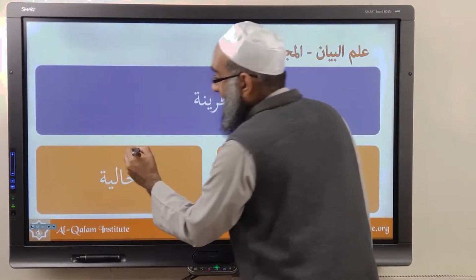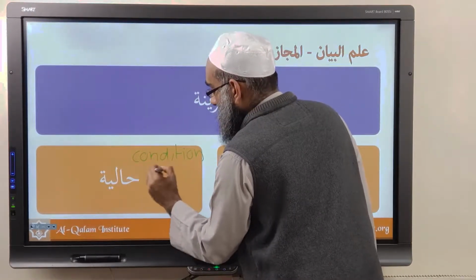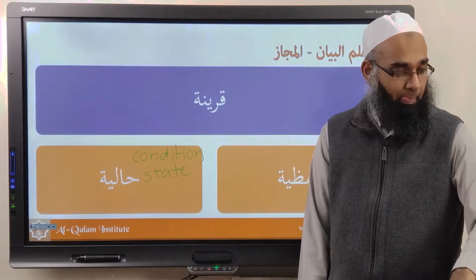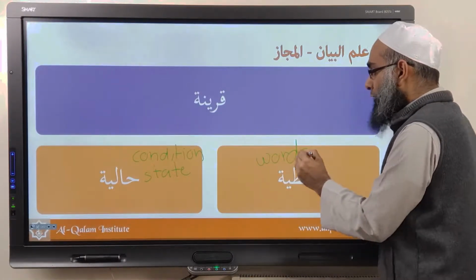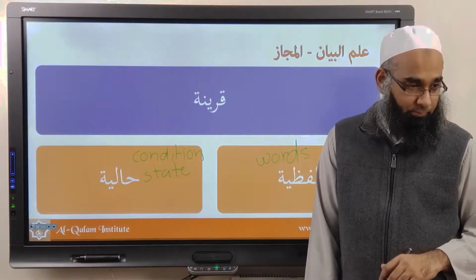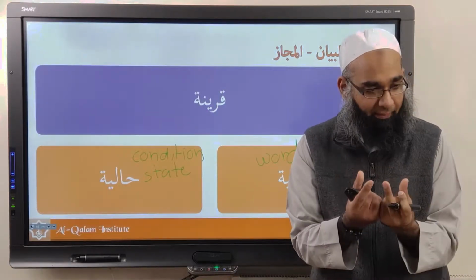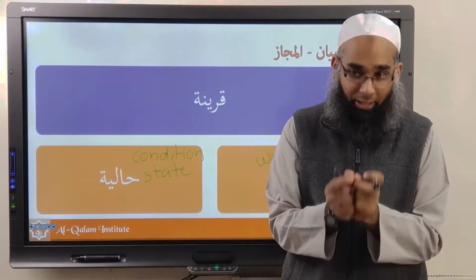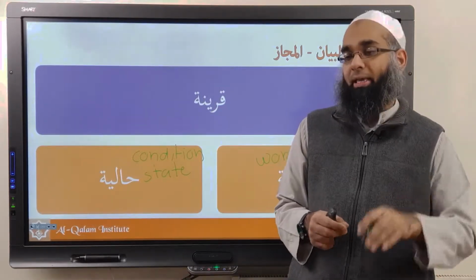Yeah. So the hali, the condition or the state, can also tell us that we don't really mean the literal meaning here. So in a paragraph or a statement, there might be actual words which show us that the literal meaning is not implied. Like you'd say these are selling like hotcakes. If we say these are hotcakes, there's nothing in the words telling us it's not literal meaning. But when we're in a shop with shoes and there's no cakes around, the hal, that condition, shows that we're not talking about cakes, we're talking about shoes being like hotcakes.